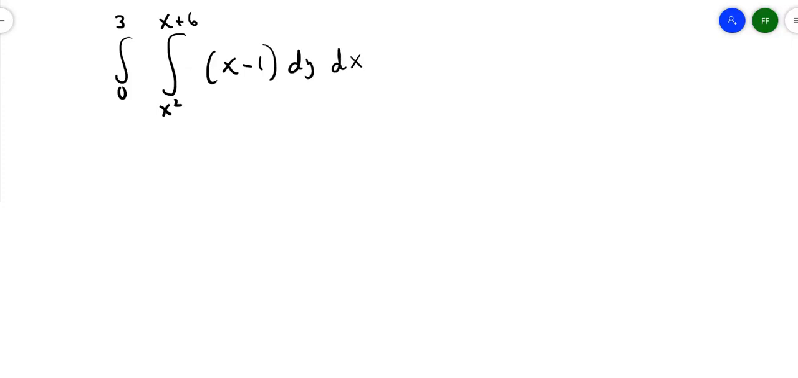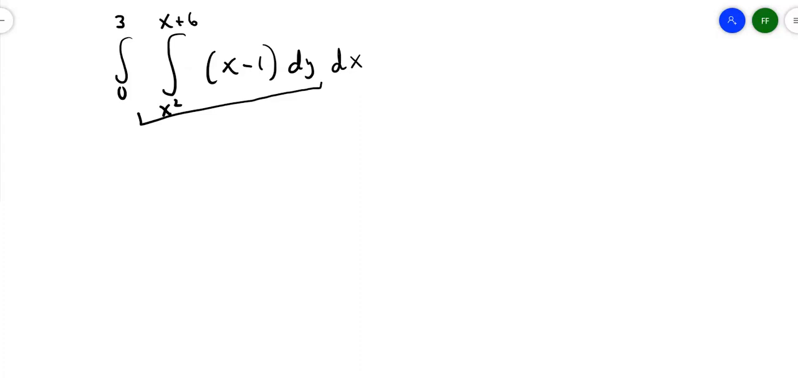So let's solve this. The outside integral was 0 to 3. The inside integral was x squared to x plus 6. And the integrand was x minus 1 dy dx. So let's integrate first with respect to y. All right, so this piece here, integrate with respect to y. If I take the antiderivative of